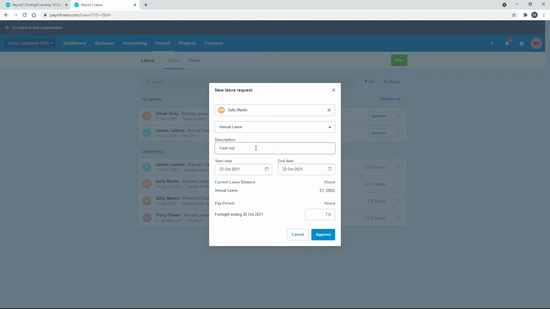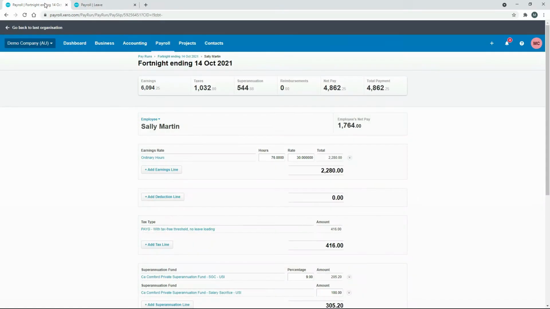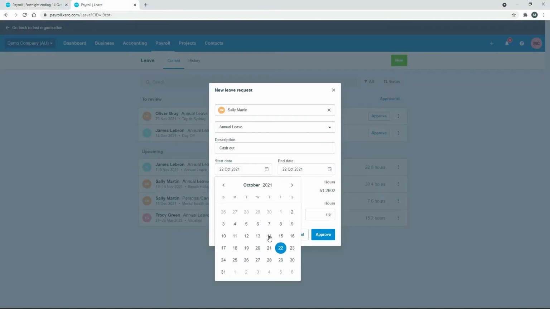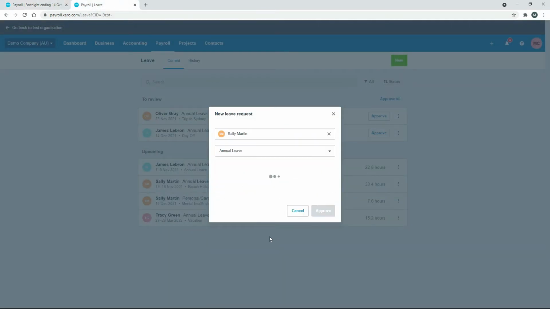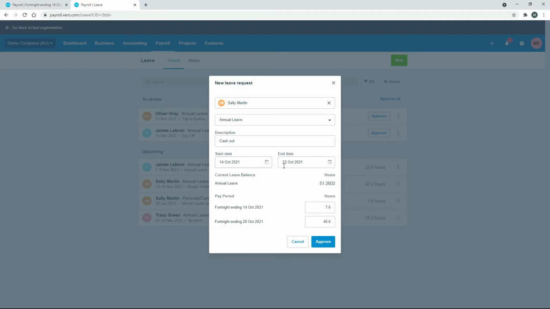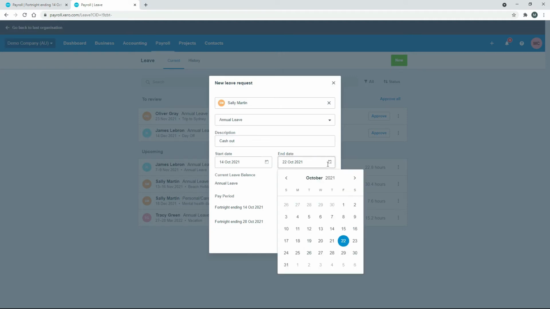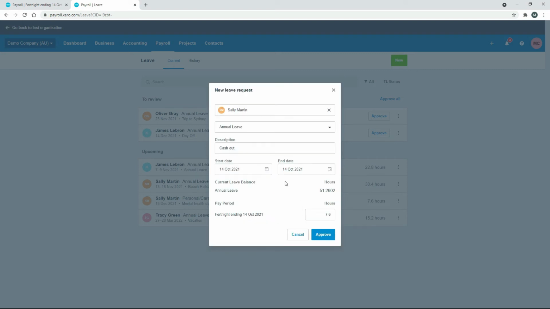And then we just want to pick a date that's within our pay run. So over here, you can see it's fortnight ending 14th of October. So we might as well just make it the 14th of October. Now, you don't need to pick a range of dates here. You can just pick the same date for the start and the end. So we'll just pick the 14th again, like that. And then down here, you just need to put in the number of hours that you want to cash out. So we'll just put 20 in there. Like so. And now if we just hit approve